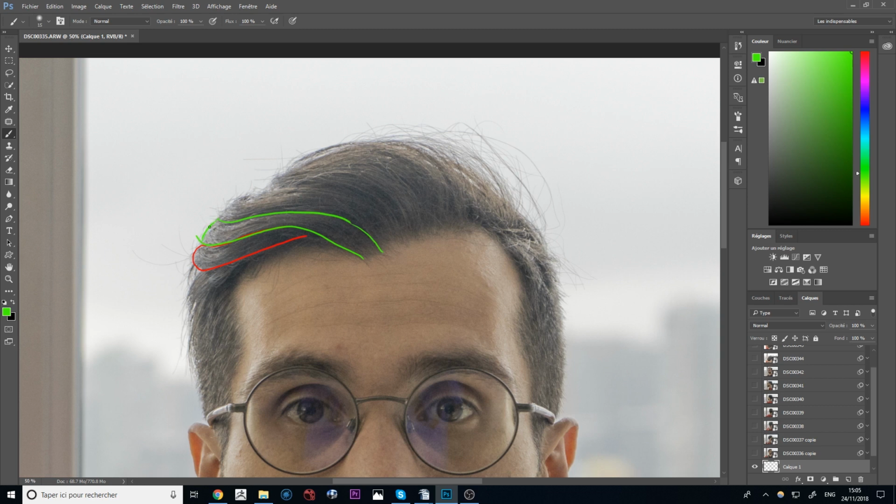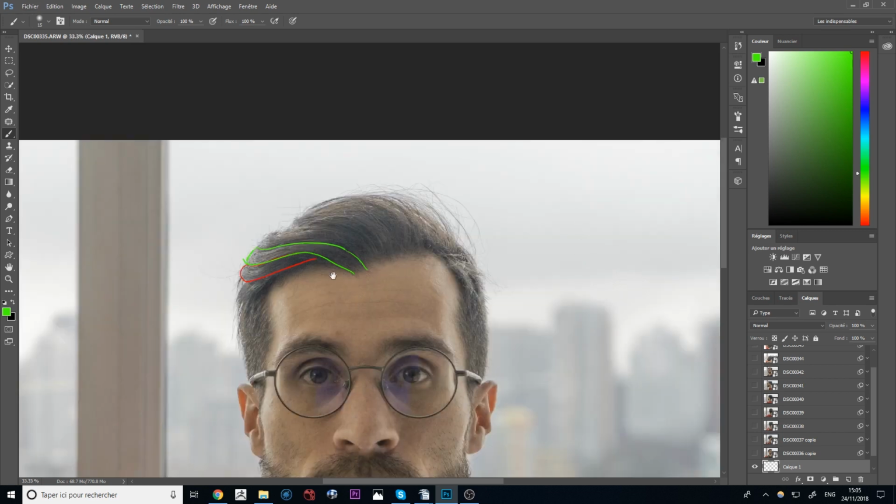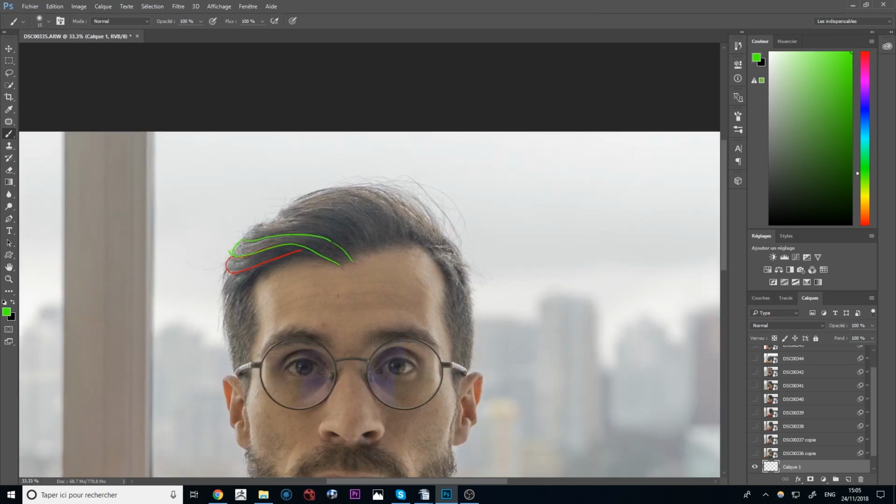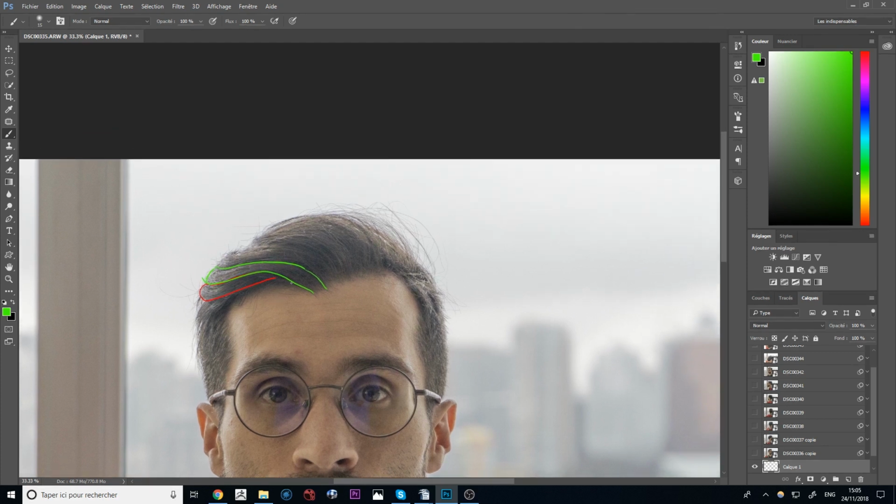This one is going like this. The idea is to understand that on this front part, my hair is basically doing this shape. They all are doing this, right? This is very important, and you will have to reproduce this idea once you are in xGen